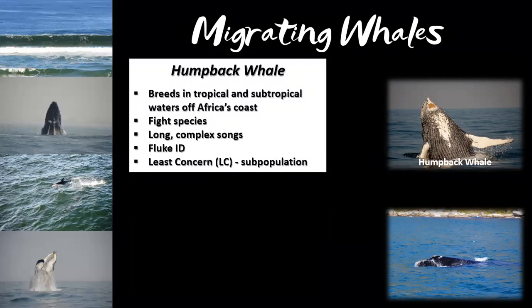Humpbacks make a wide variety of vocalizations, including feeding calls, social sounds, and trumpet blasts that are used to communicate on both the feeding and breeding grounds and on migration. The males are the ones that produce the long, complex songs that can be heard all year round and last